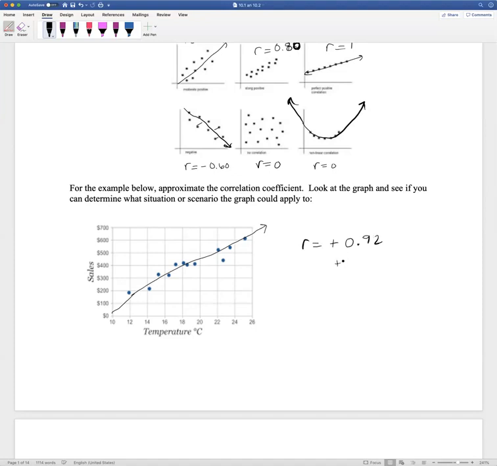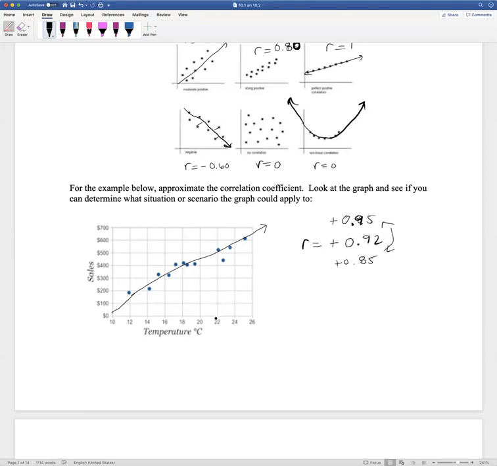Anywhere from 0.85 to 0.95, I would be comfortable with you saying. I don't know why I picked 0.92, it just looks like a nice number. So all of these values within this range, I think, are a good correlation coefficient. Now,